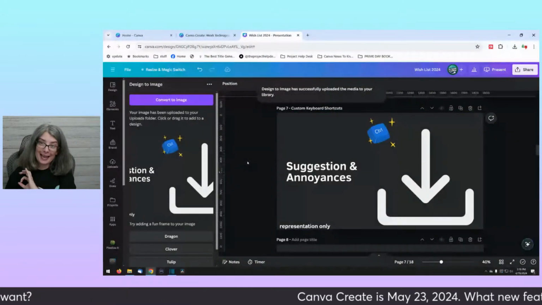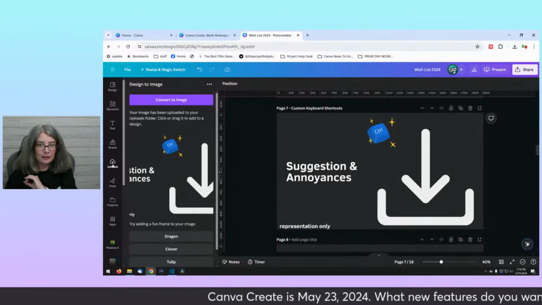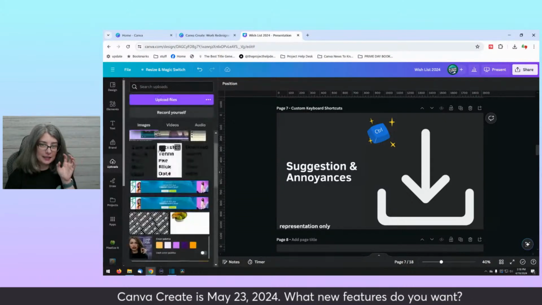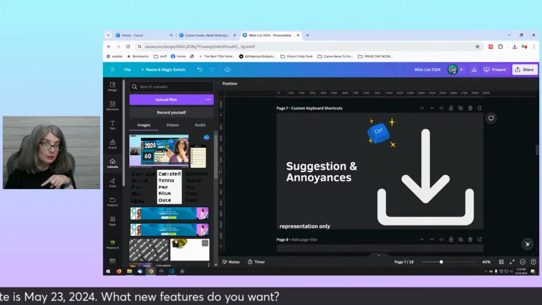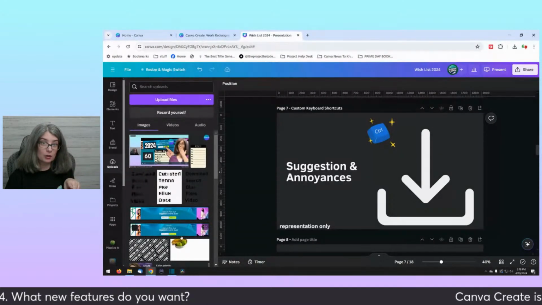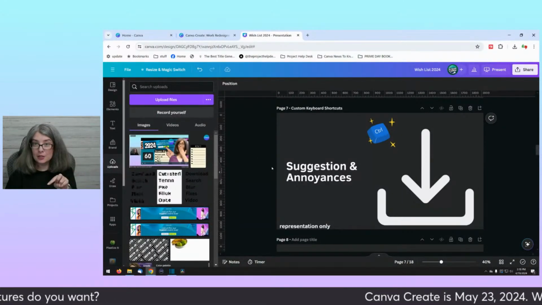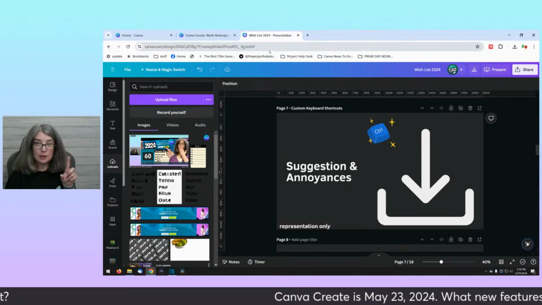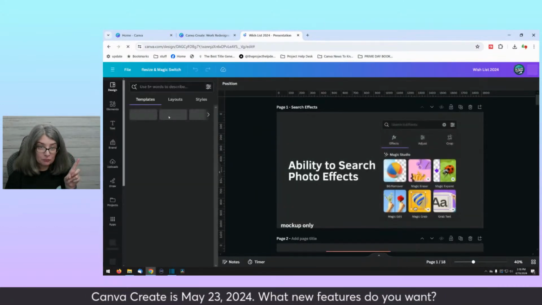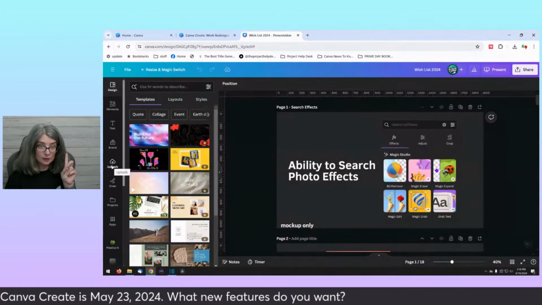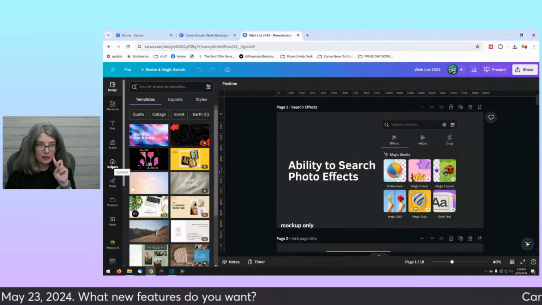However, with that one, it doesn't actually go to your computer. It goes to Canva's in your uploads file. So then I have to click again. So that's what, 10 to 11 clicks?